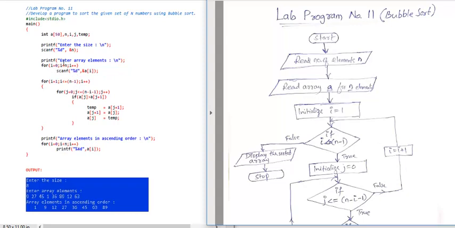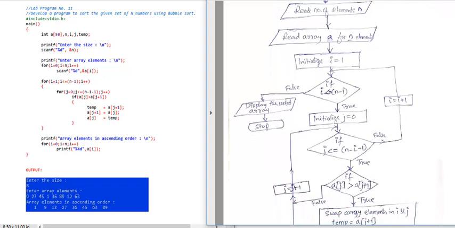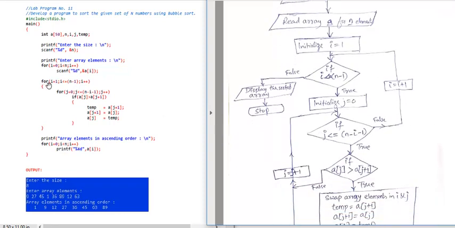You can say directly, read array A for n elements. If you want to have a for loop, you can do that. Otherwise you can just say read array. This gives the implementation of both the for loop as well as reading element by element. Then after that we have the for loop. What is the first statement executed in the for loop? The first statement executed is i is equal to 1.